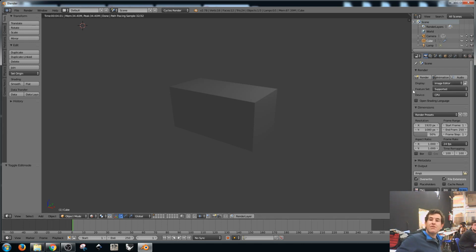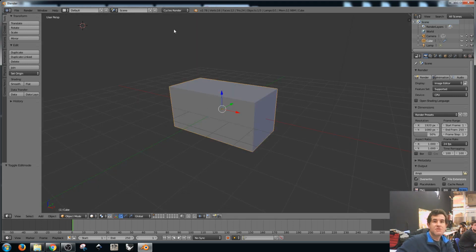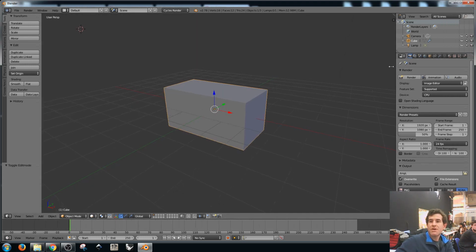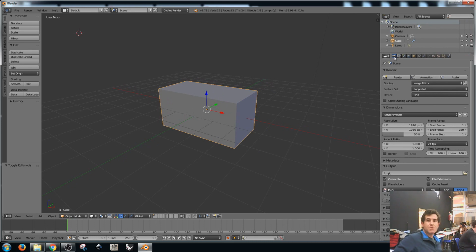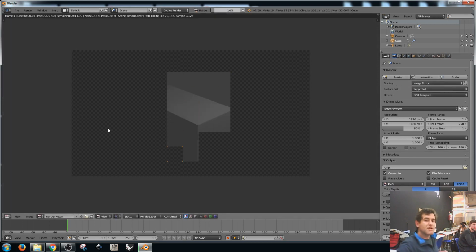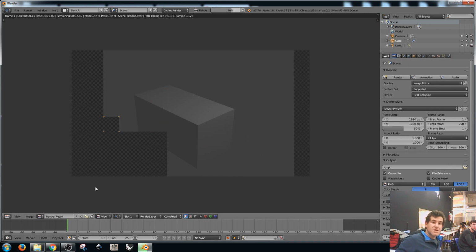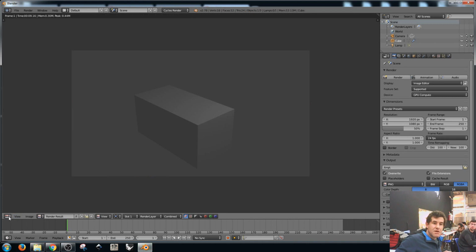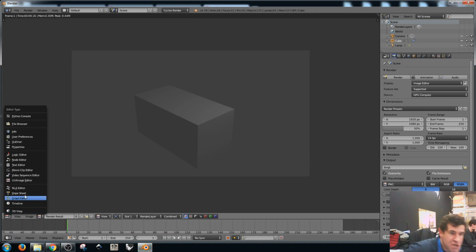So if you select the Cycles render engine here, and you go to the Properties editor, the first tab, which is the render settings, you have the render button and some settings. When you click the render button, it will calculate the image, and after that, you can change and modify your image with